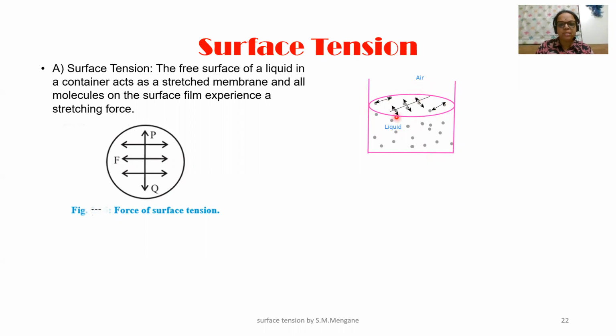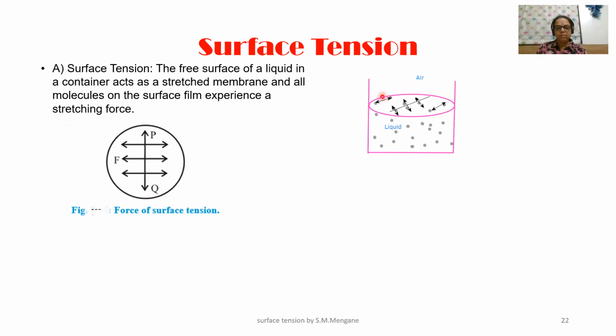Now, molecules on this surface have a force of attraction between them, like this. They also have certain potential energy. How do they get potential energy? See, I have a spring, no potential energy. I stretch it, now it has potential energy. Similarly, these molecules on the surface are already in a stretched condition, so they experience a force towards each other. This force with which they are coming to each other is known as surface tension.